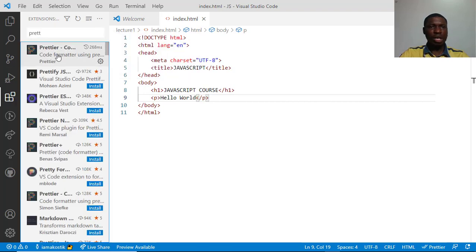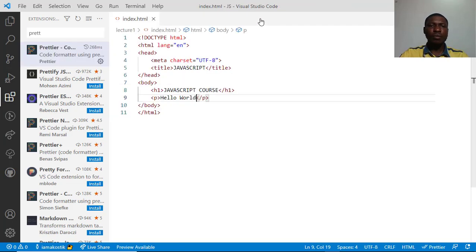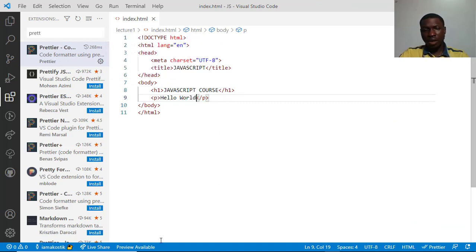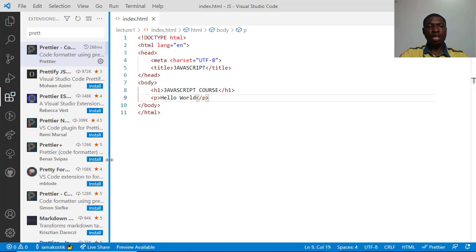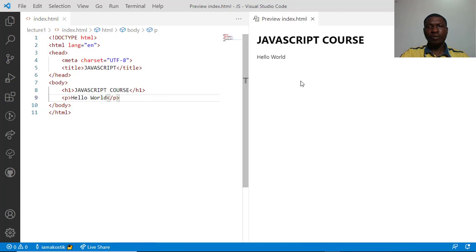This extension would help you to format your code and make your code look good, okay? So you need to ensure that you have Prettier installed, and then if you like, optionally you can install this preview extension as well. So if you need help with installing extension, just let me know in the comment section and I'll guide you through that. So let us just preview this code we have right here.